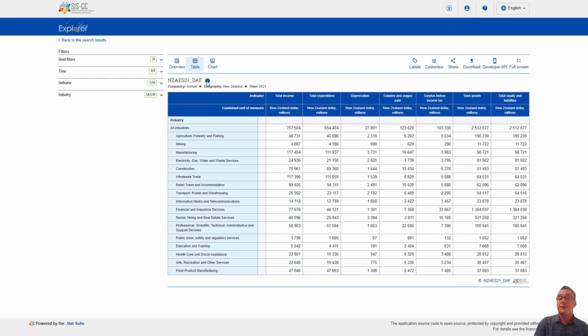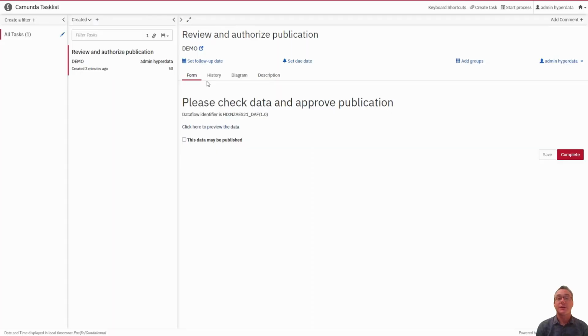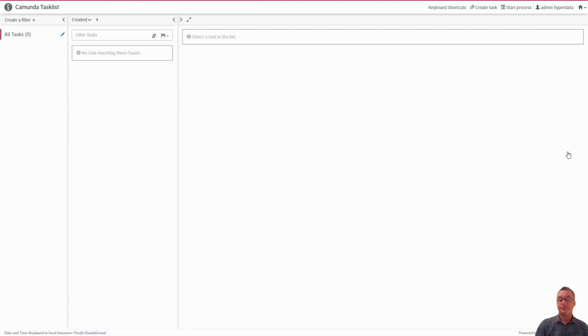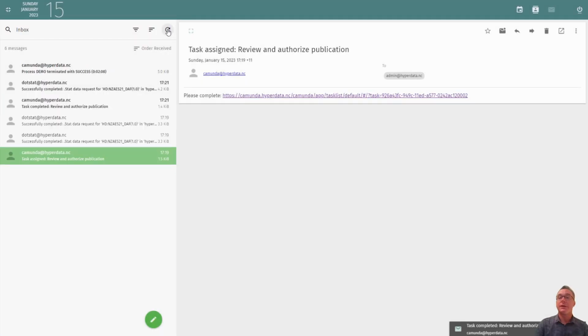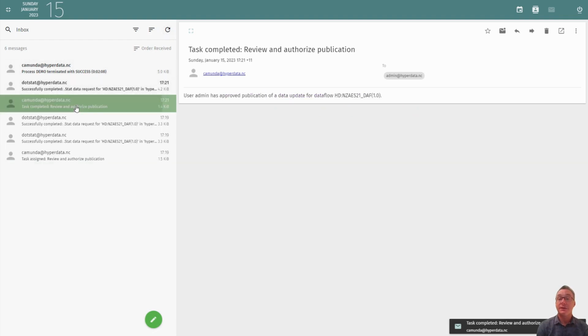If the data is okay for release, publication is approved in the user tasks application by checking the box saying that this data may be published and submitting the form. If we go back to our mailbox, we'll now have a notification from Camunda platform saying that the user task has been completed.